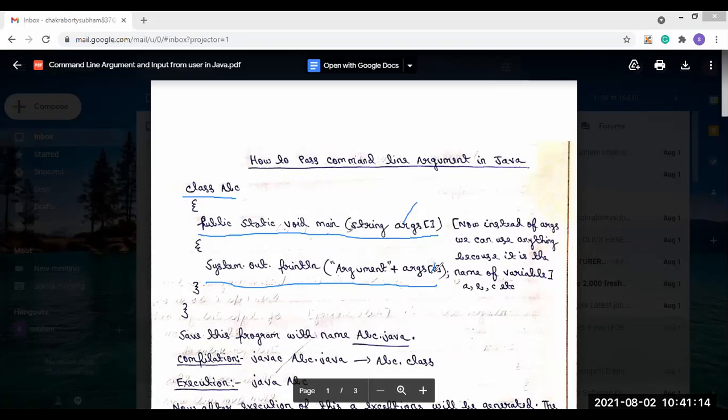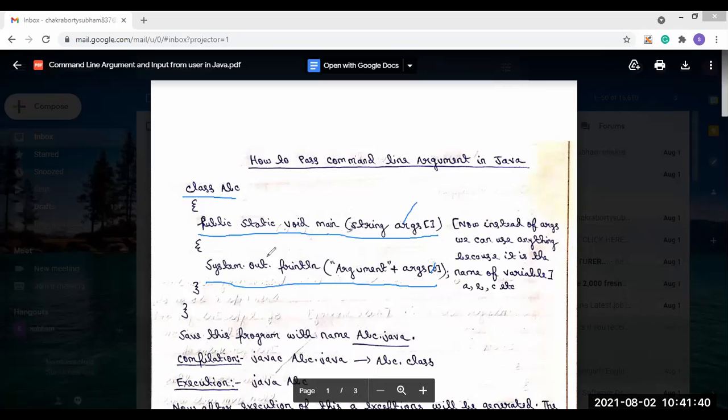So in System.out.println, we will print whatever argument is stored at the first index. This is the program specification.